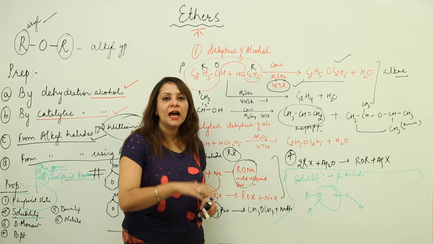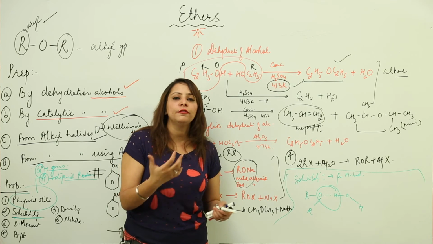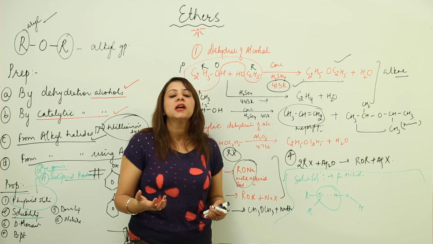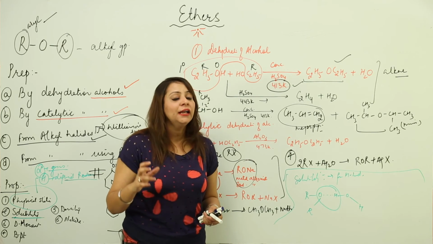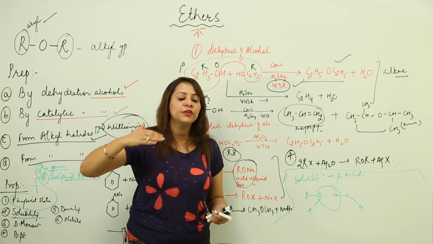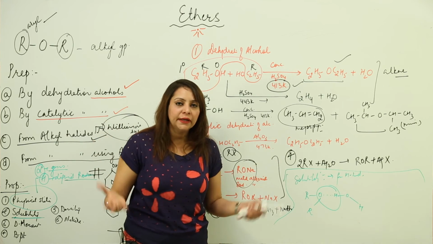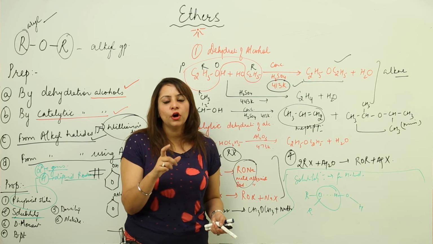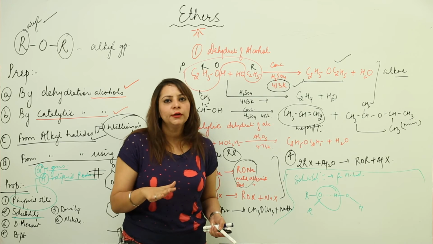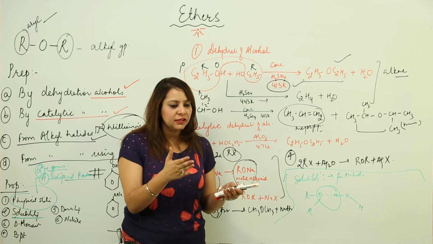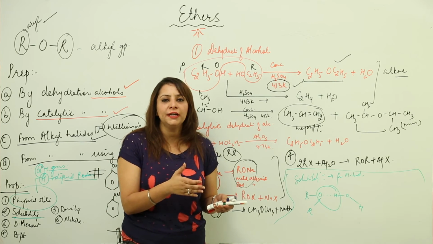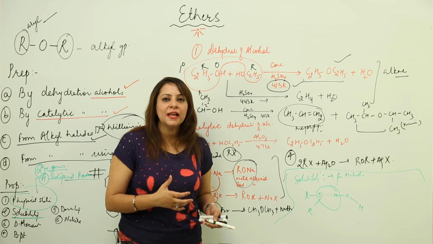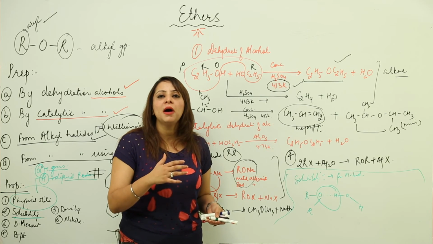But here you know that as the number of carbon atoms increases, as the molecular mass increases, the solubility decreases. Why? Because with the higher members there will be a bigger alkyl group, and the alkyl group is non-polar, not soluble in water. So when there is a group which is non-polar in nature, which is not capable of making a hydrogen bond, or which tries to resist water, it will somehow decrease the